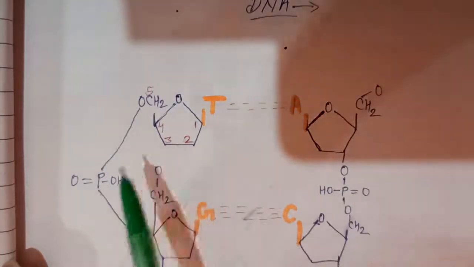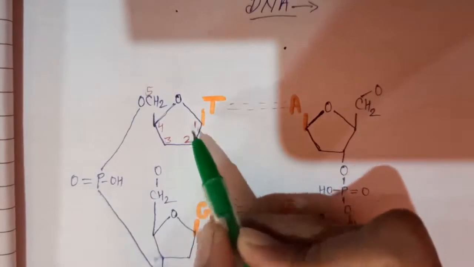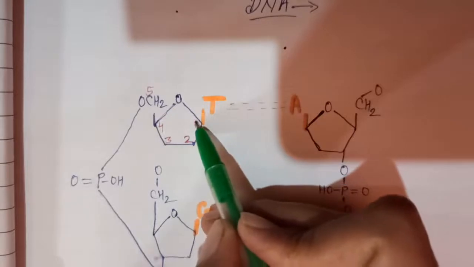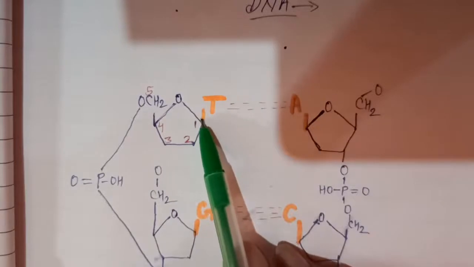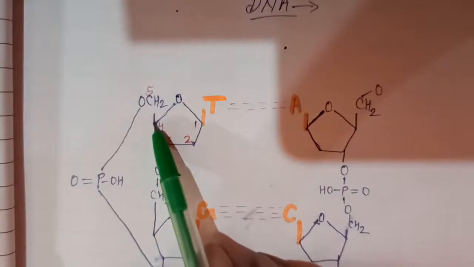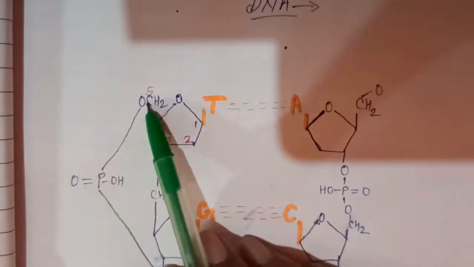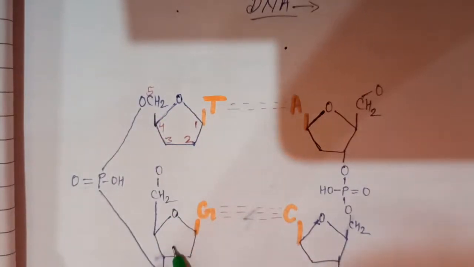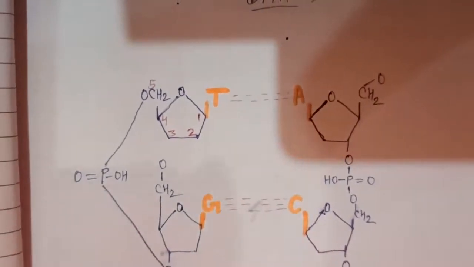Okay, so see here, this is the first component of nucleotide. We can say this is sugar. Okay, 5 carbons are present here, first, second, third, fourth, fifth, 5 carbon structure. This is sugar. Okay, on the first position of this sugar, this thymine is attached here, which is a nitrogen base. If we talk about the third component of a nucleotide, that will be phosphate. So phosphate is attached here with the 5th carbon. Okay, now this is the second nucleotide. So in the second nucleotide, here also you can see this sugar is present.